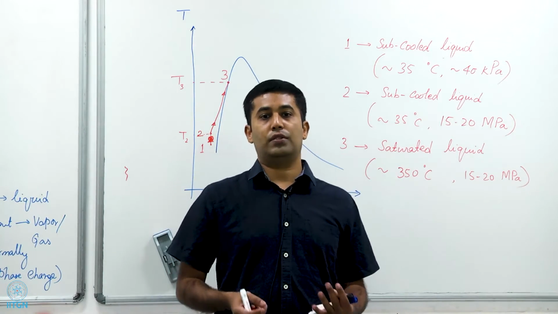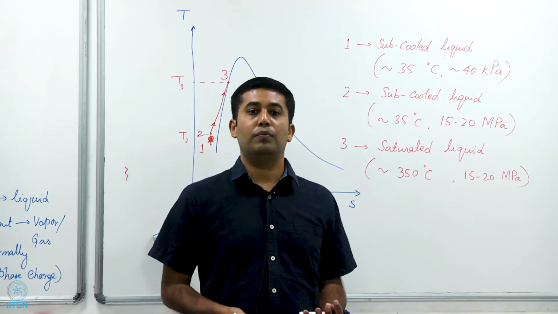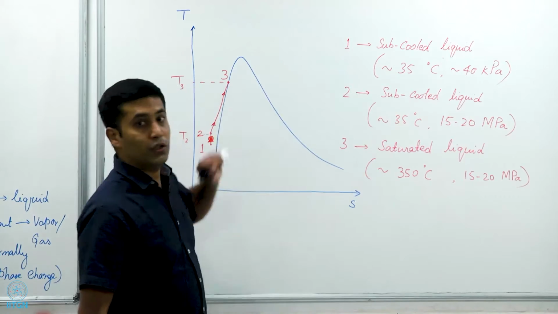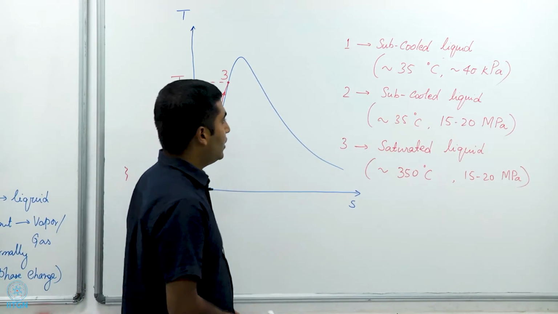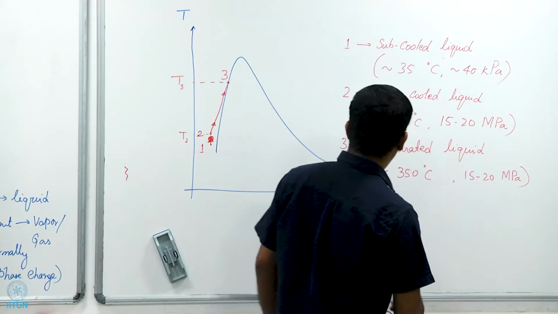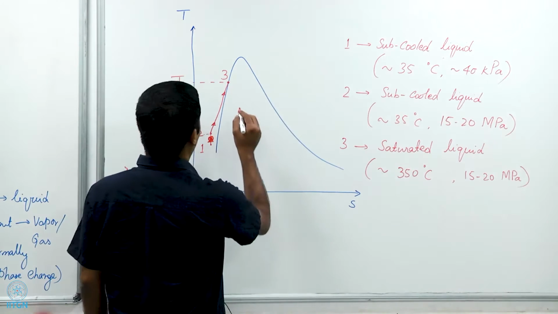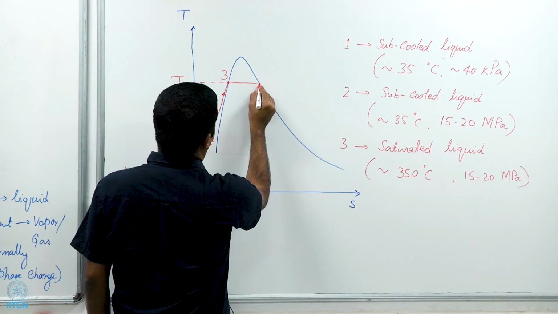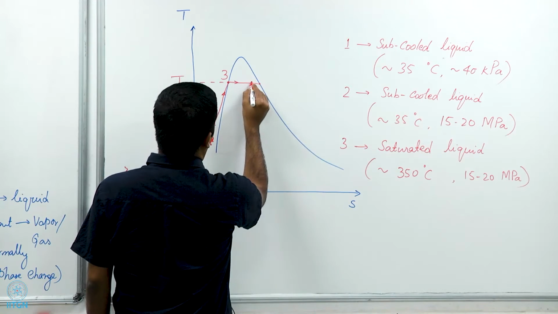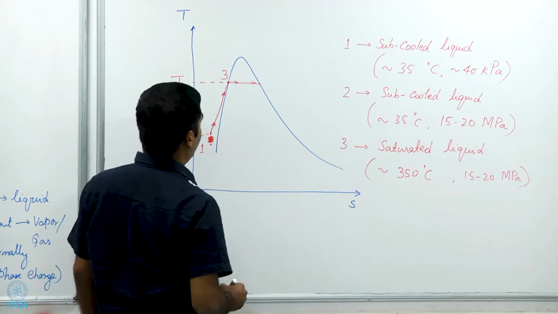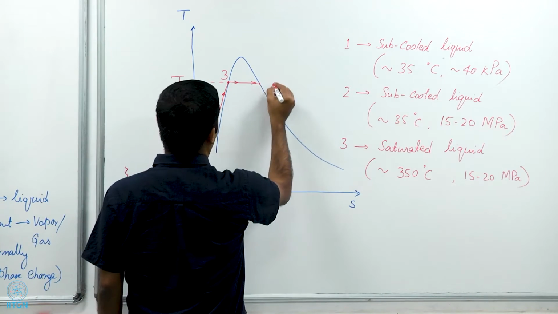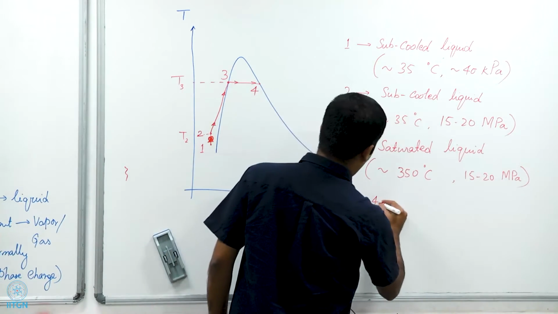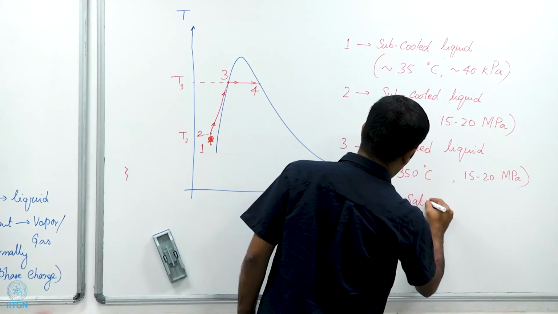That would be the saturation temperature corresponding to the pressure at which it exists in the saturated state at 3. Further, we have further heat addition that takes the saturated liquid to a saturated vapor state at the same pressure, and so we have a saturated vapor here at 4. So at 4 we have saturated vapor,